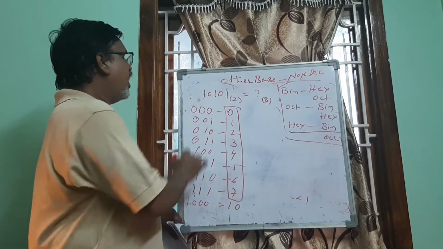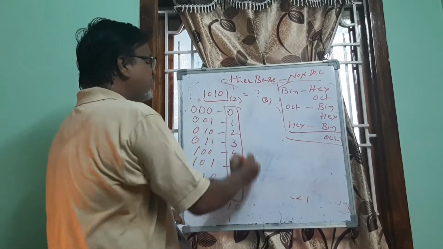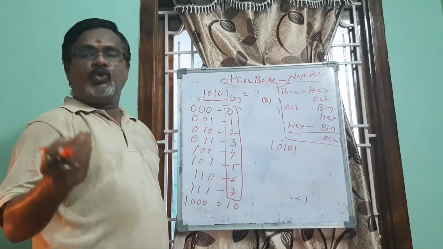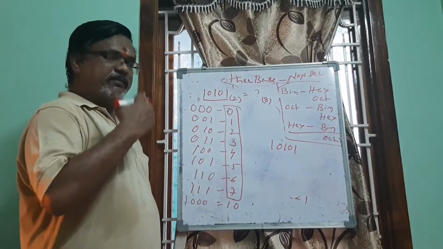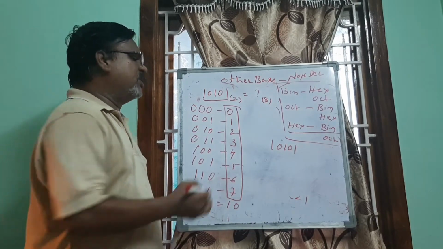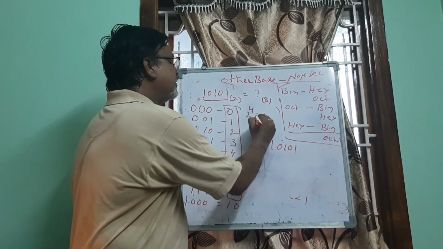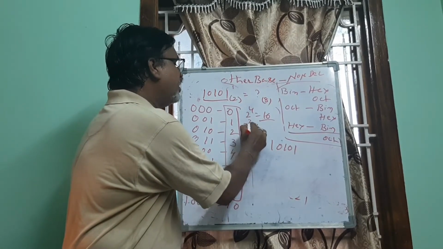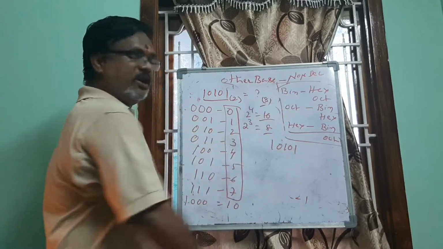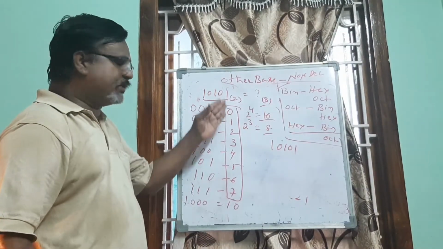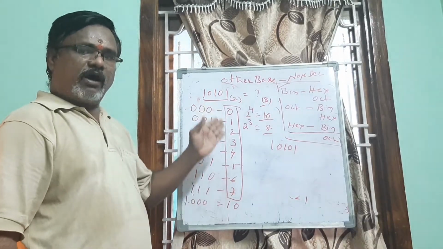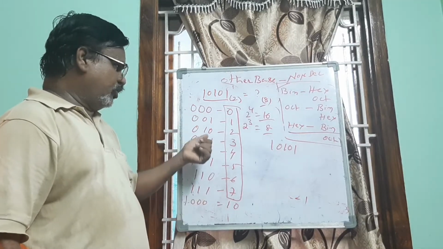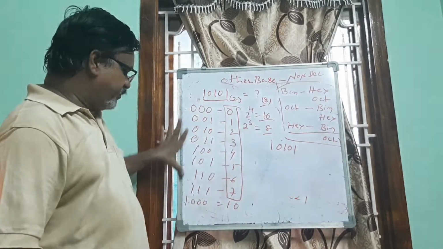Now after knowing this table, whatever number is given here, 10101, you just divide that into groups of 3 bits. Why groups of 3 bits? Previously we did groups of 4 bits because 2 power 4 is 16, our hexa base. Groups of 3 bits means 2 power 3 is equal to 8, which is the base value of octal. So if you want to get 8 combinations from 0 to 7 using 0 and 1, with a total of 2 power 3, you get 8 possible combinations.